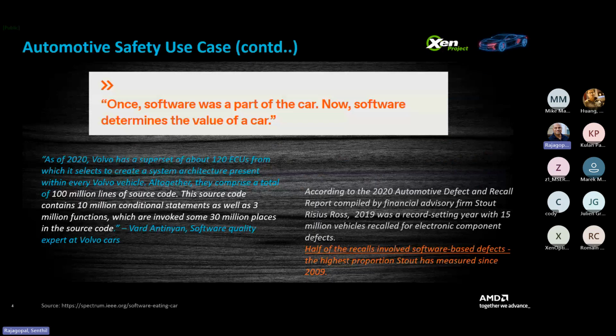If you take a survey, the modern car has more than around 110 million lines of source code, and it keeps on increasing in complexity. The more complexity, the more points of failure for any kind of critical functionalities. So the more we depend on software, the more failures and more concerns from a safety and